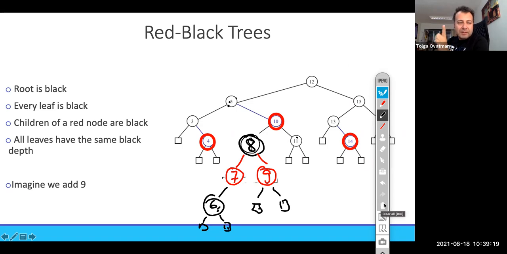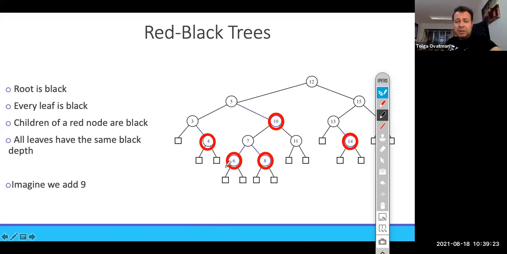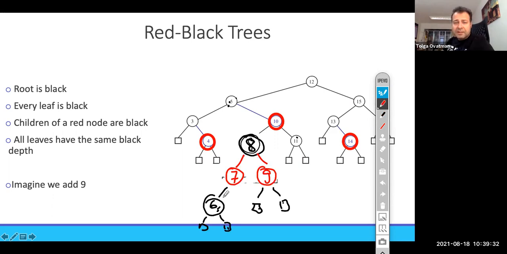This is just one pattern. Okay, there are additional new patterns that we might take a look. So the original was like this. Oh, by the way, 6 was a red node. So it still has got the problem of having 2 reds, child of each other. So you see, it still didn't